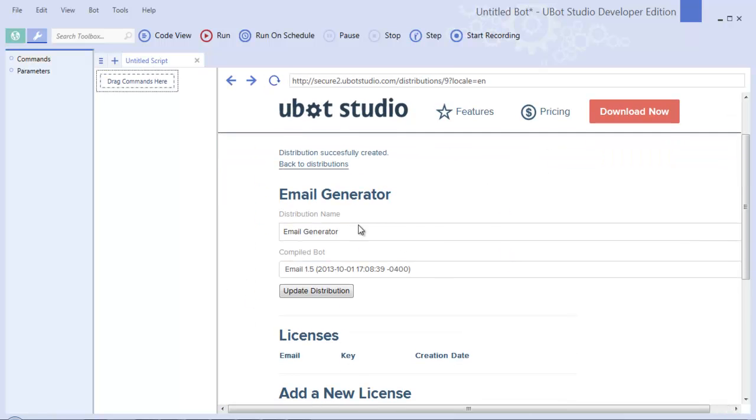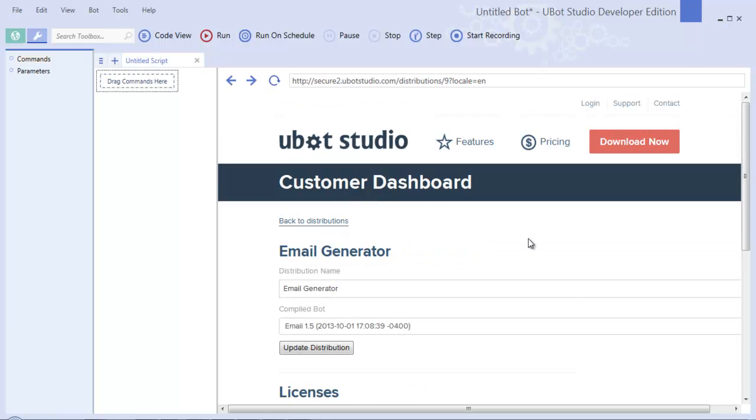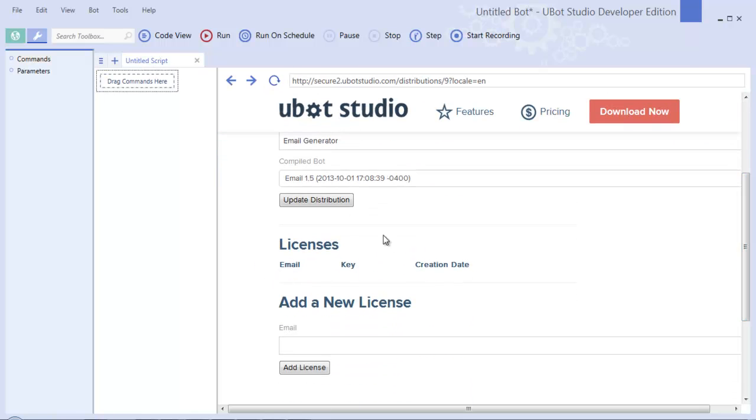And once I've done that, I go back to my distribution list and I can add licenses by just choosing individual email addresses for customers who have either purchased or need to have access to the bot that I've created. So if I want to give it to someone, let's say, Tanya,